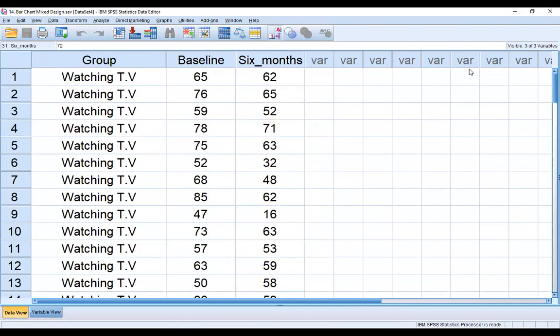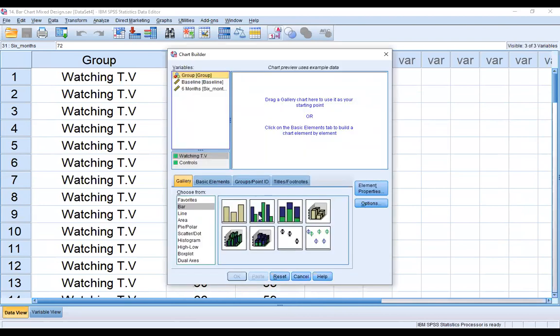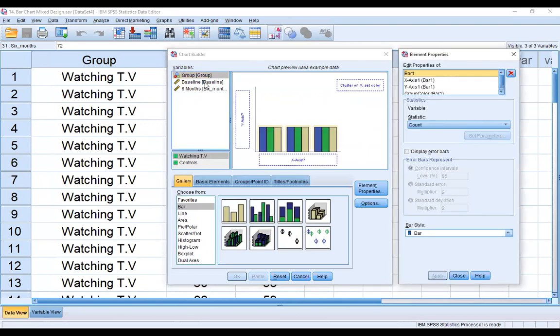So how do we present this data, how do we compare this data through a graph? We go to Graphs, then Chart Builder, and then OK, and the clustered bar, the baseline, the clustered bar chart.